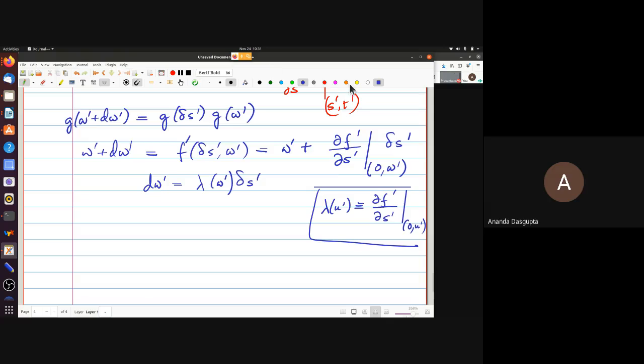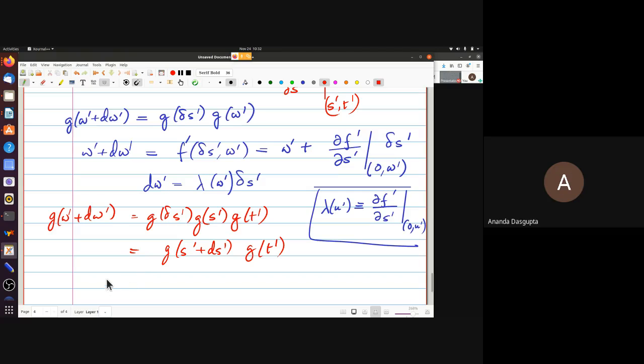Now, if you look at our original premise, this is what you had. It was g of delta S prime GW prime, that is g of S prime GT prime, right? That's what GW prime is. It's also g of S prime plus delta S prime GT prime,